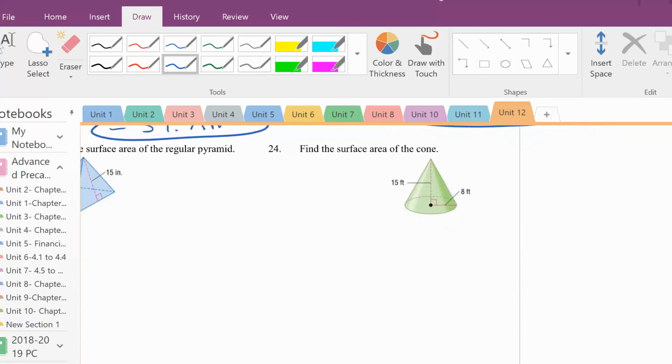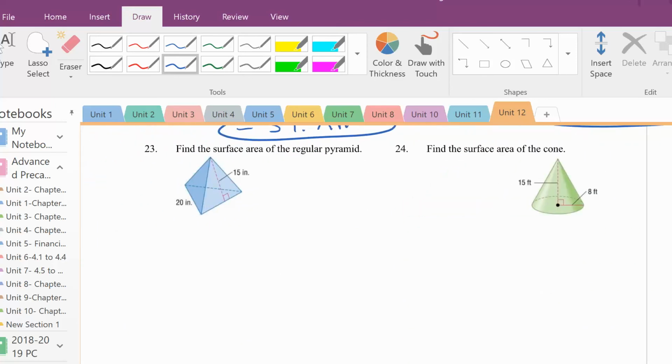All right, next couple. Find the surface area of the regular pyramid here. Well, we have a triangular pyramid. And remember, regular means that all the sides are 20. So that means the lateral area is going to equal 1/2 of 60 times 15. So 30 times 15